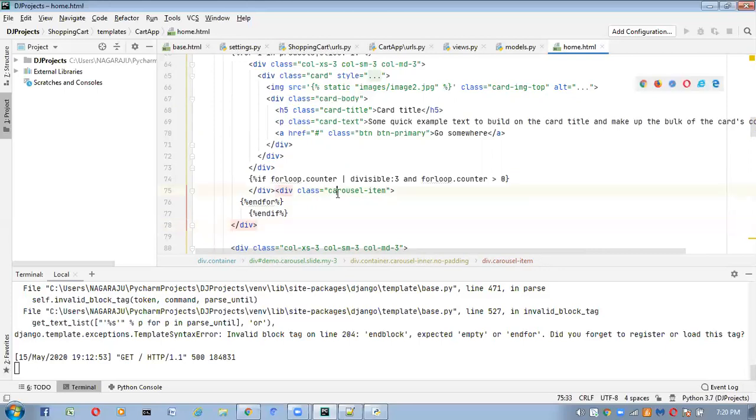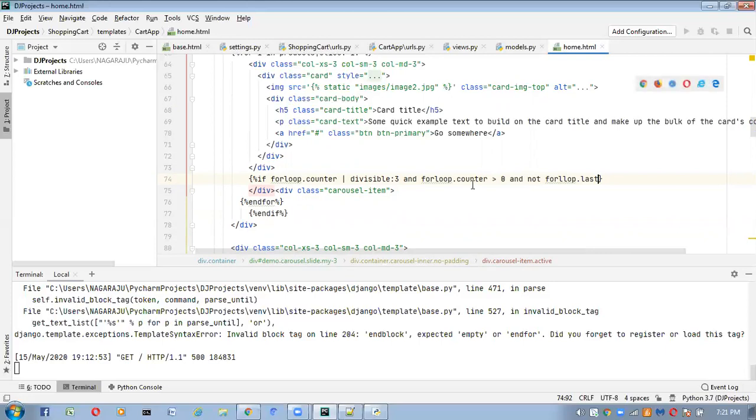See, if you have a few more items to display, then we go inside this condition. Here I am closing that item and immediately the next item is going to start. If there are no items to display, this condition fails and it has to come here directly, and this div end tag will be executed here. So for that, I am going to write one more condition: not for loop dot last.